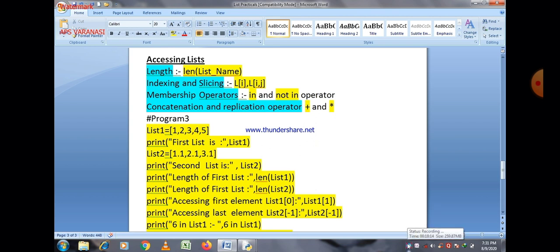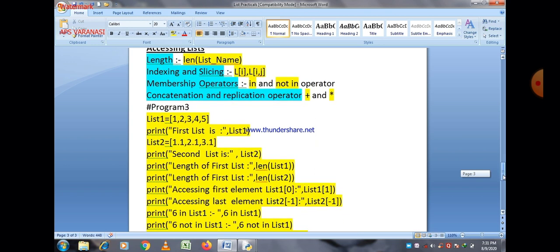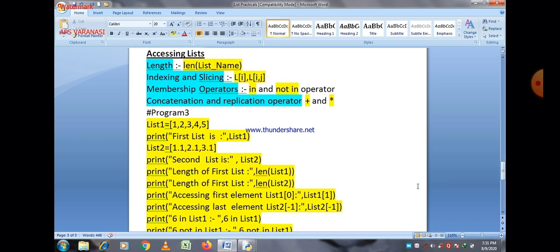Now this is our third program, accessing a list element, which is very important. And here we perform four tasks. You can find out the length of a list using the len function or method. And second, you can find out the index position. You can slice a list, and you can also find out if a particular number is a part of a list or not using the in operator.